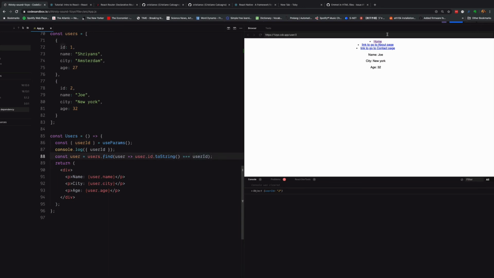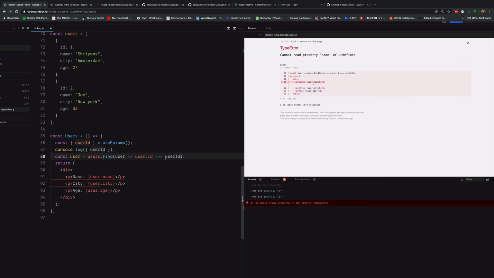Another way, let's just say that if it works first. So if I go on user/1, that should be having my data and it should show my name. Perfect. If I go on user/2, I'm reading the ID 2 from the parameters, which is a string. I'm trying to find a user whose ID, when converted to a string, matches the same as the ID coming from the parameter. But I could also go and say here as